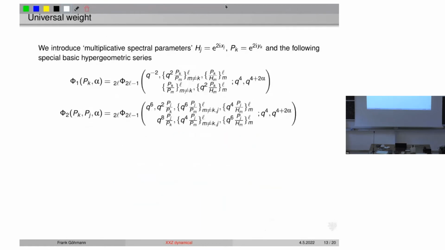And let me show you the formula. The formula is a bit lengthy, but not too long. The main point is that we have only classical special functions here. So the main part are basic hypergeometric functions. You may know, well, probably almost everybody knows the Gauss hypergeometric function F21, and this